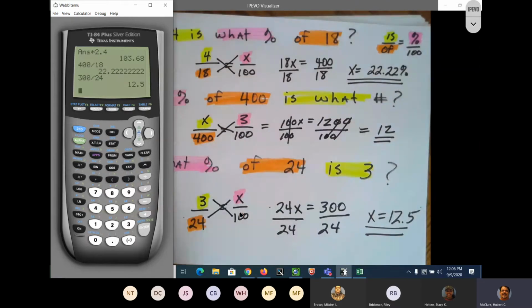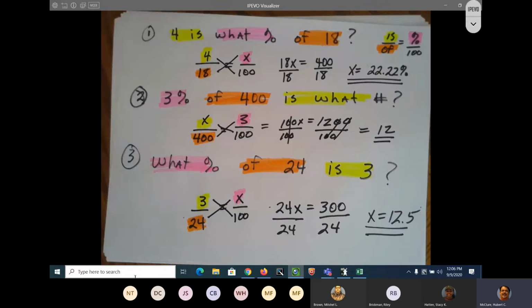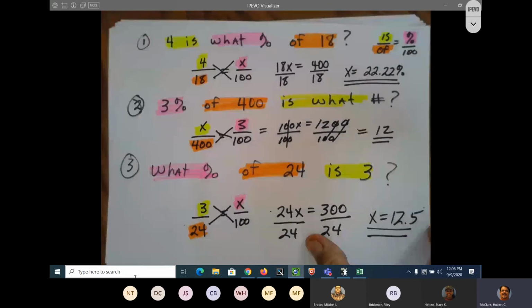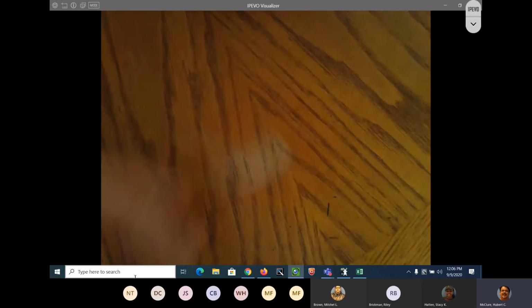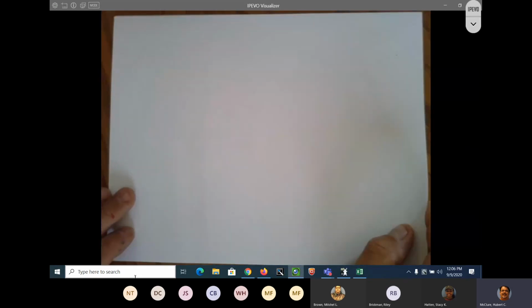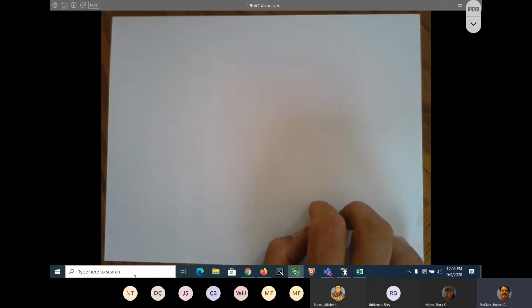So that's the first type question: a percent over 100. The next type question is called the Walmart equation. I'm going to do one simple problem, and you'll see why. I do the Walmart equation with anything having to do with taxes and tips, usually. Okay, so they may say,